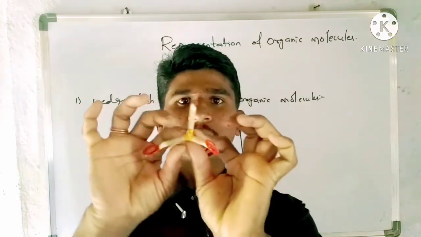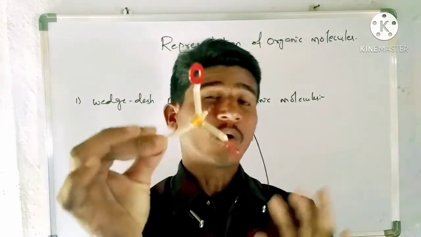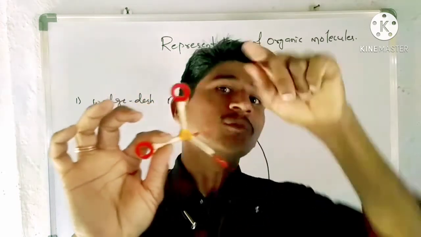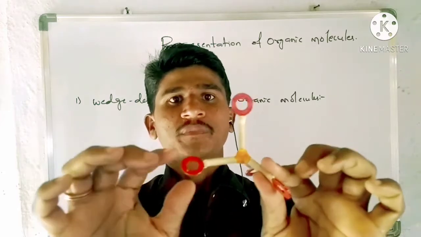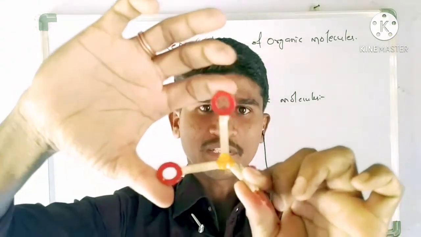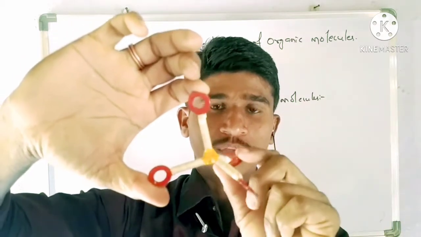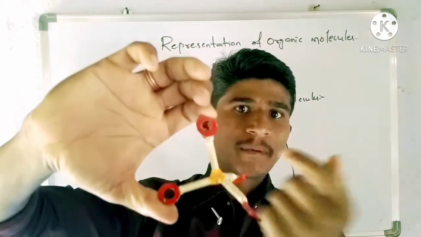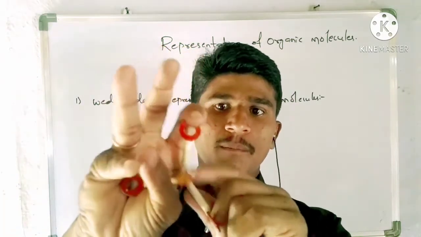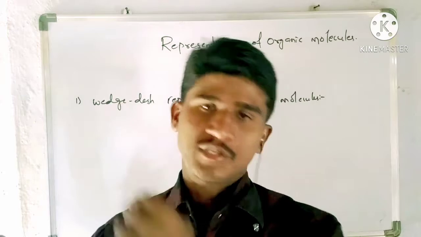The middle carbon is there, and this is hydrogen, this is hydrogen, this is hydrogen, this is hydrogen. How can we represent this three-dimensional structure? Actually, methane is tetrahedral. How do you represent this on the two-dimensional plane? Let us assume these two hydrogens are in the plane. This one is towards the viewer, meaning out of the plane, above the plane, and this hydrogen is below the plane. These two can be represented in the plane, but how can we represent the other two? For that, they use the wedge-dash projection.